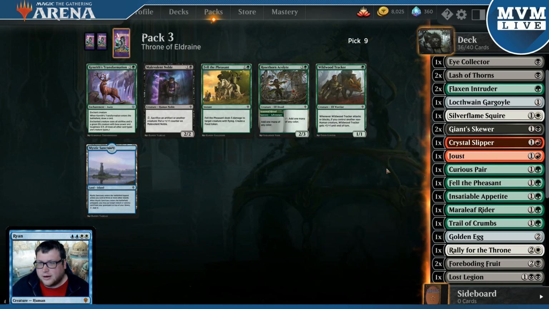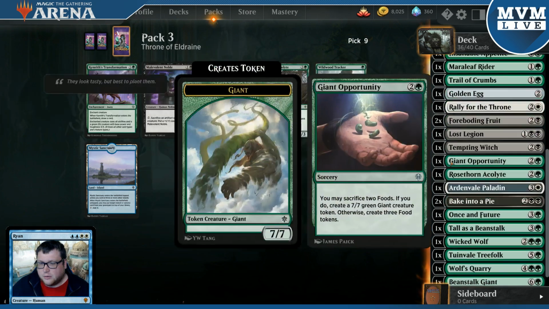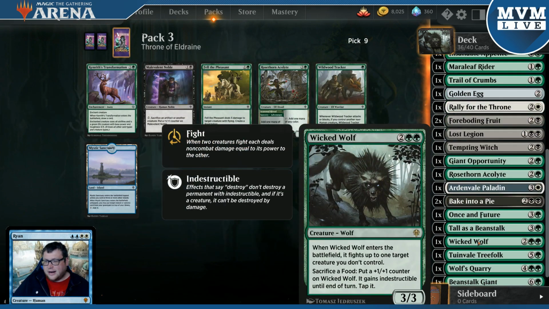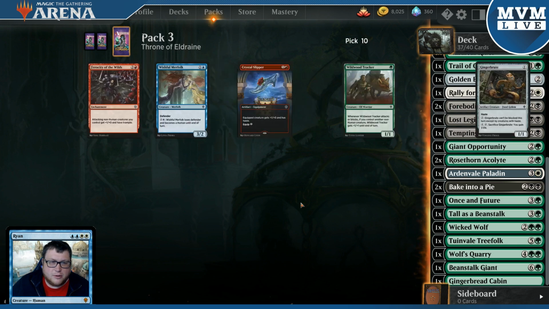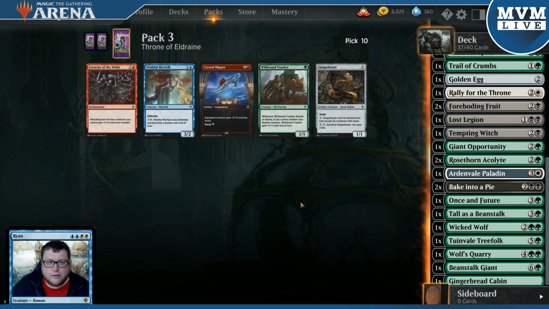Pack One, Pick One was the Wicked Wolf, right here. So for those who are just joining, I wish I had gotten a second one, but having Wicked Wolf in a deck that has, like, a ton of food stuff. So whether or not I use the Wicked Wolf or not,